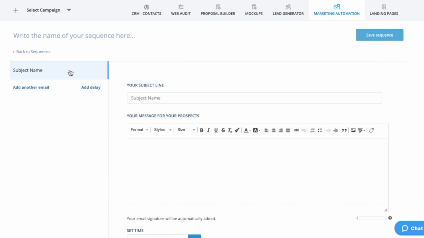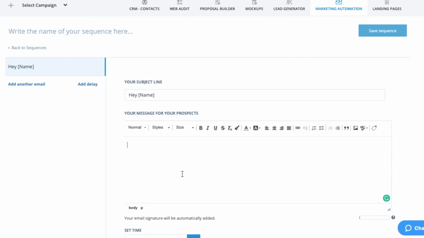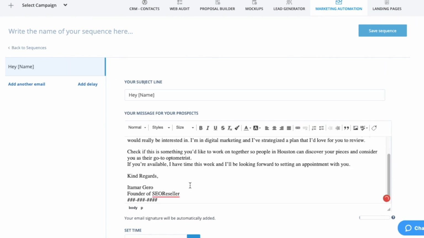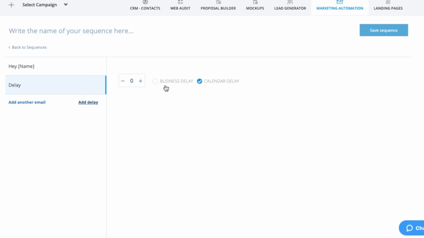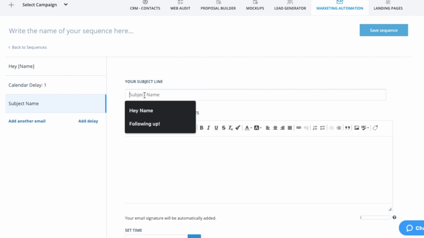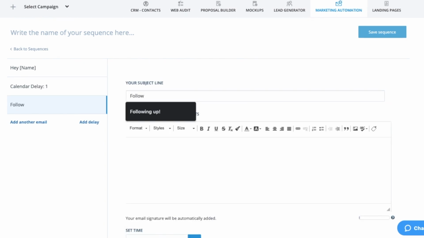In the left sidebar is where you design the flow of your email, and on the right is where you write your message. I'm just writing the first email that I'm going to send out and then add a 1-day delay before I send the next email. Click the Add Delay button to choose a time interval of when you want to send your next email. Then click the Add Another Email button to create the next email that you want to send. You can add as many emails in your sequence as you like and set the interval of when you want to send them. You can edit and tweak, it all depends on you.